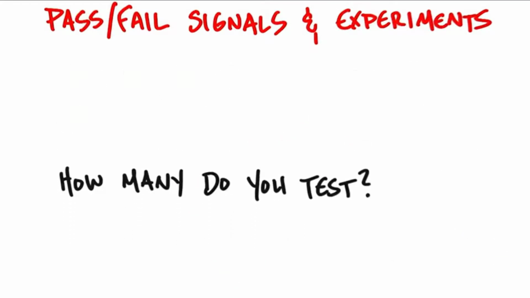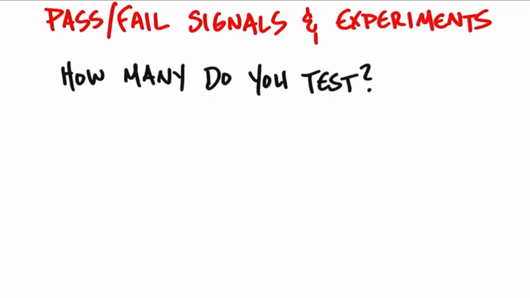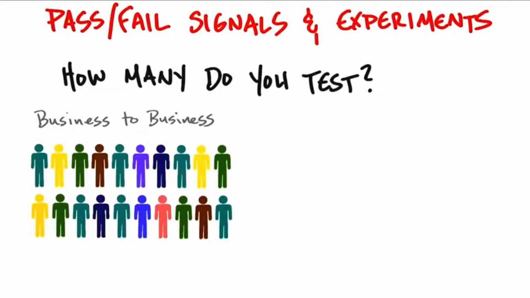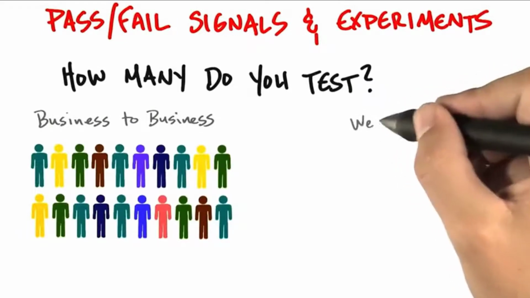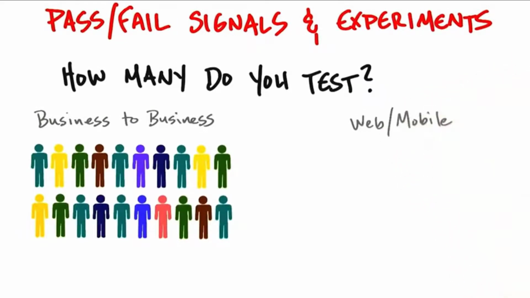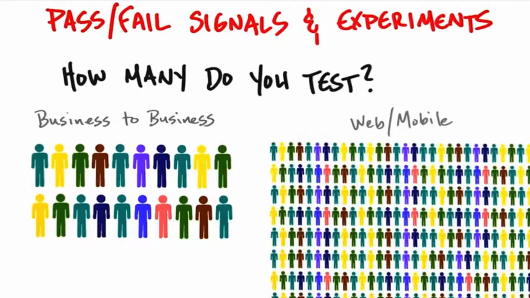By the way, the "how many" is a classic question, and the answer is it depends. In a business-to-business enterprise sale, you might get away with talking to fewer than 20 customers, and that's a great number. But if you have a mobile or web app, you want to talk to hundreds, if not thousands, of customers. Now, obviously, you can't personally interview all those like you could in the enterprise, and so you want to get out and reach them virtually, but the number you want to get to really is an order of magnitude or two different than if you were doing B2B direct sales.